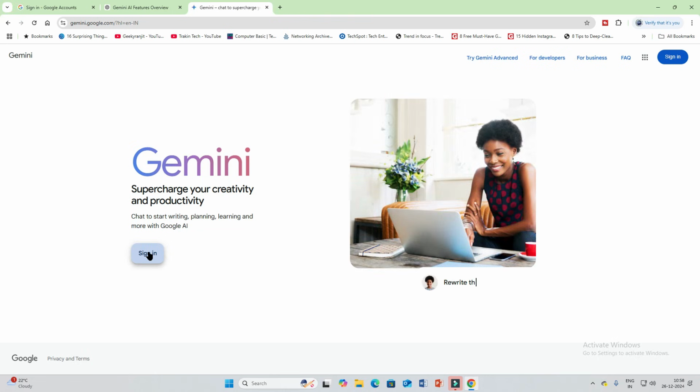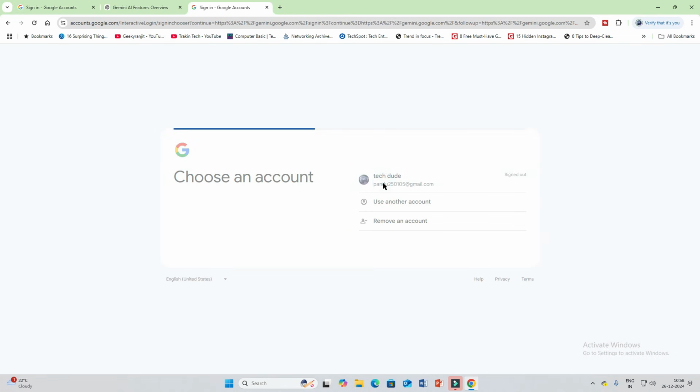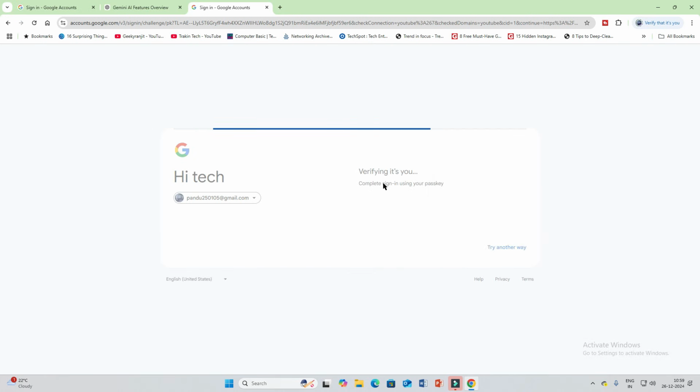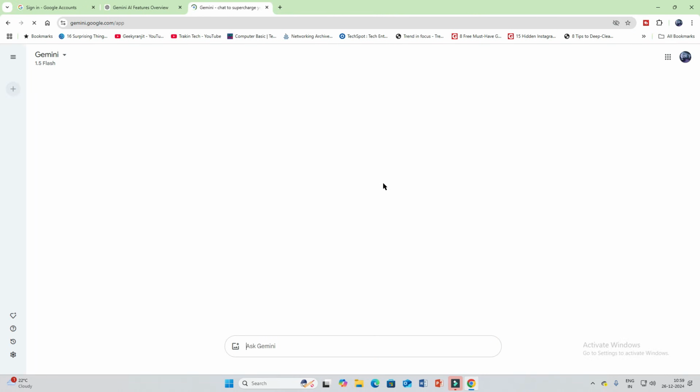First, go to any browser and type gemini.google.com and sign in with your Gmail account. After opening Gemini,